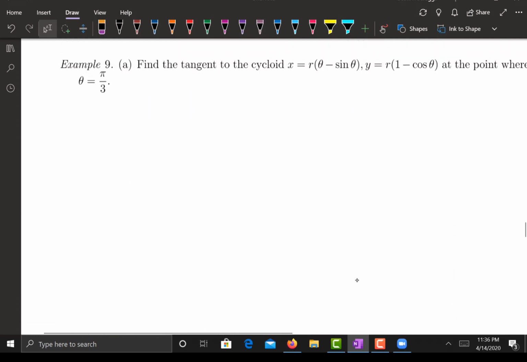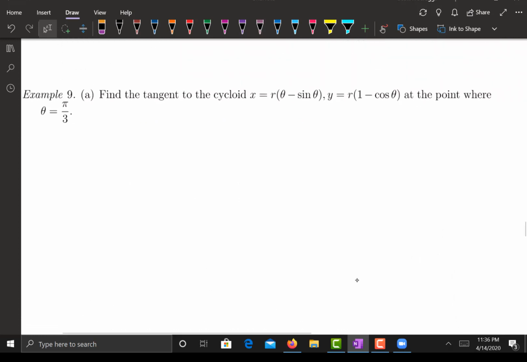Alright, let's move on with another example. Let's try to find a tangent for this parametric equation. It's called a cycloid. You don't have to worry about that. The reason why it's called a cycloid is if you try to graph it, it looks like a cycle going back and forth. But I say we can go ahead and start answering questions like find a tangent of the cycloid at the point where theta equals pi/3. And so what does that translate to? It translates to